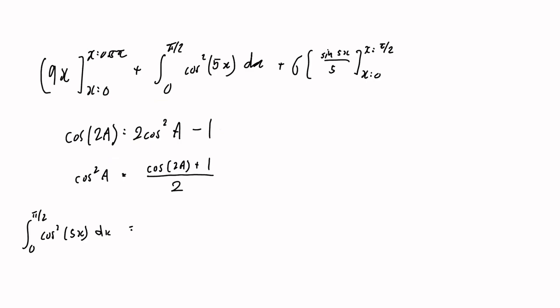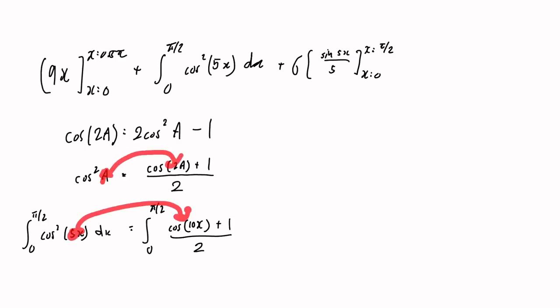With a trig identity, that is cosine 2 times that angle plus 1, divided by 2. What's 2 times 5x? 10x. Correct. The a turns into 2a, the 5x turns into 10x. Then you can factor out the half, so you're left with 1/2 times